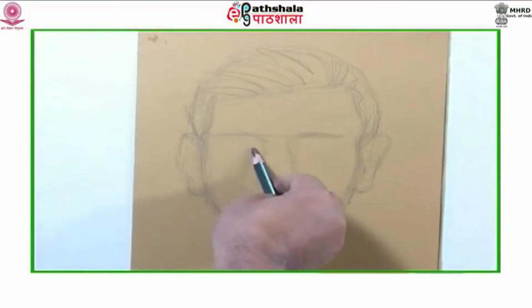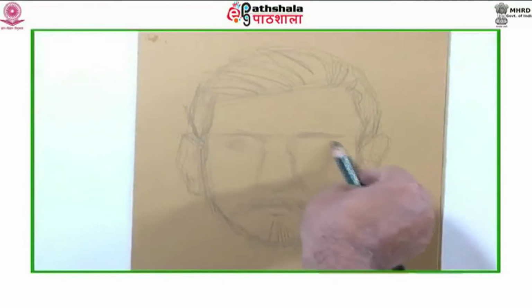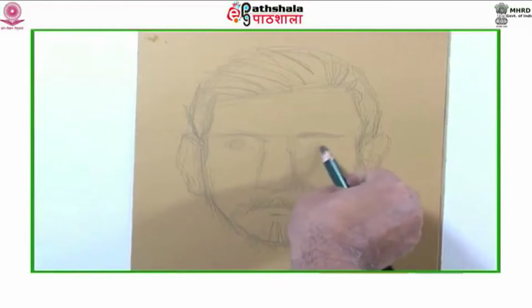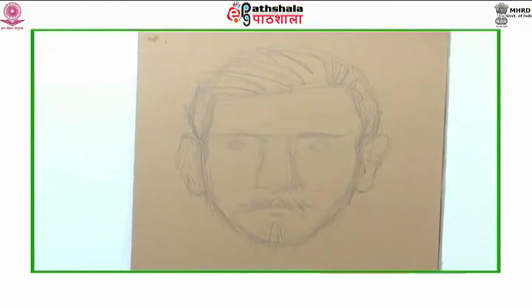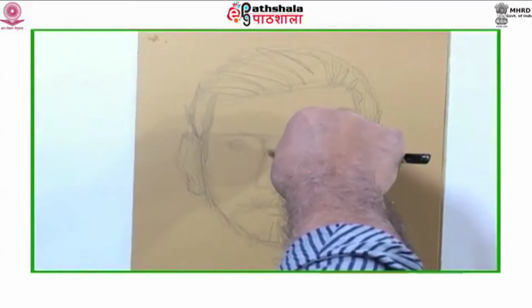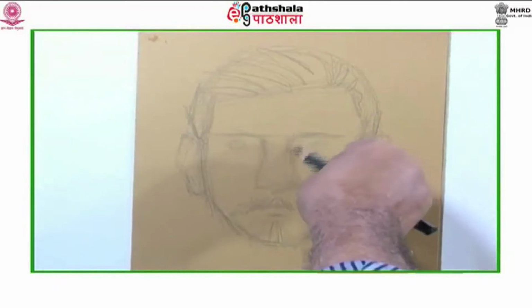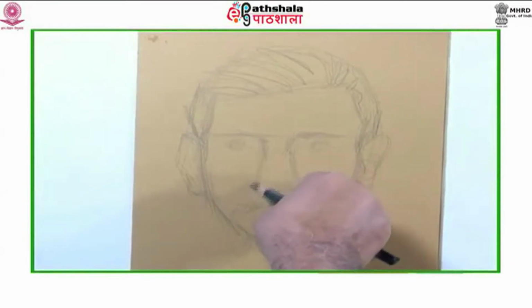Draw the eyeballs and a clear shape of the eyes. Only once you are sure that their basic forms are correct, give a definitive shape to the other features as well.